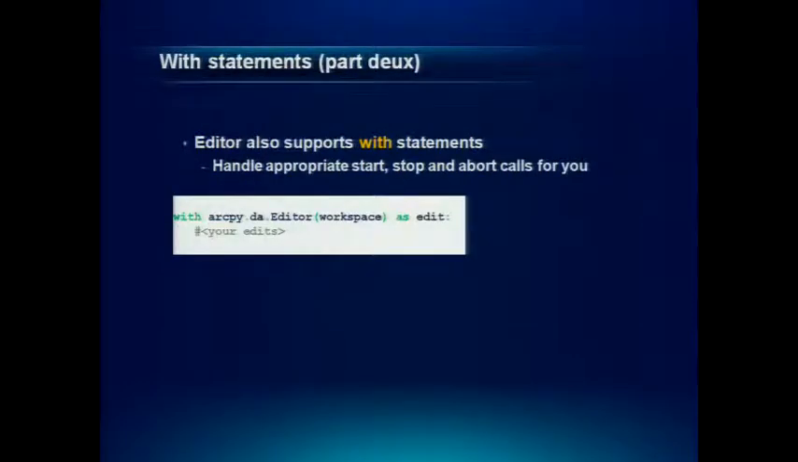So going back to all those methods on the editor class, they're there, but we also support with statements on the editor class. And it handles all of those calls for you. If you need the fine-grained control to work with the operation, abort, undo, these things, you can do that. But the editor class and a with statement,